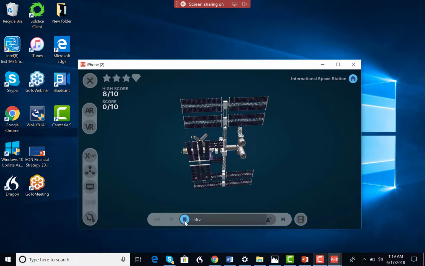Development continues with components scheduled for launch in 2018 and